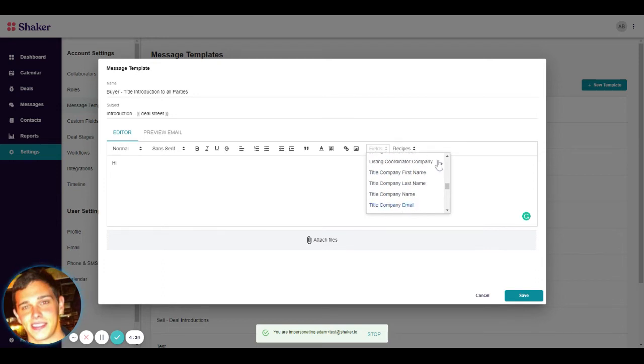Again, I have that opportunity to use first and last name. I can use their full name, their email, their phone number, and their company. In this case, I just want it to be a simple first name. So as long as I have assigned my proper title company vendor to the title company role, that information is going to autofill. So we'll say this is an introduction